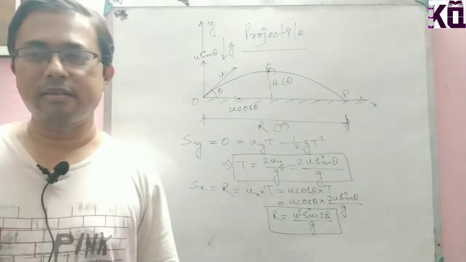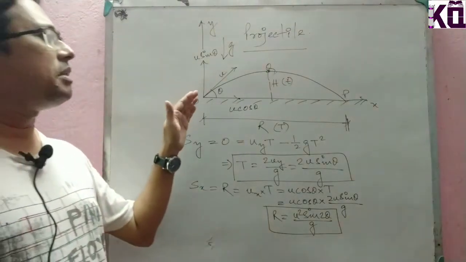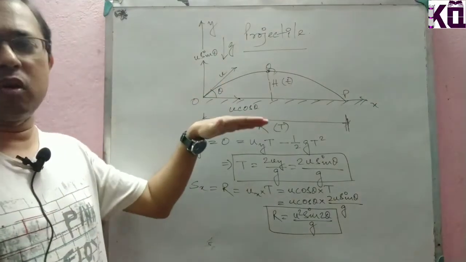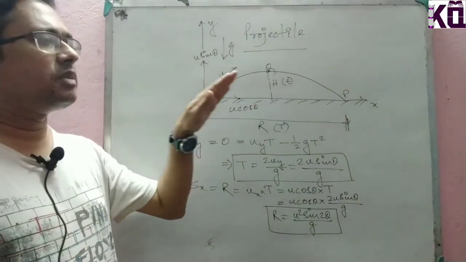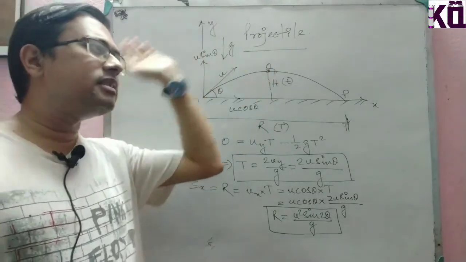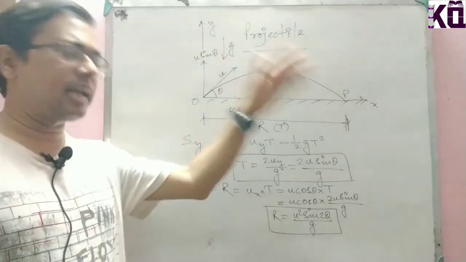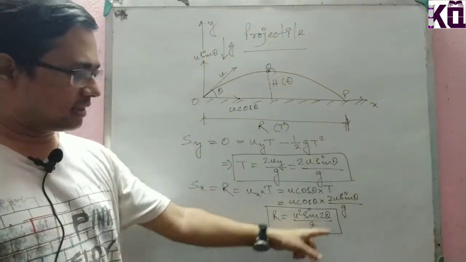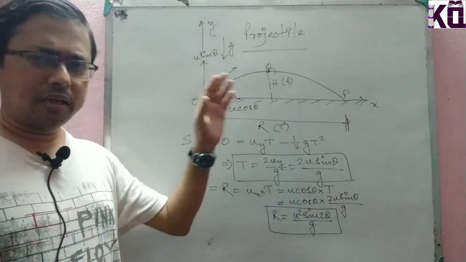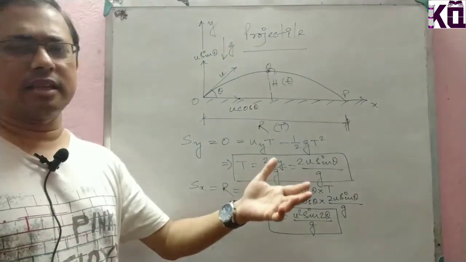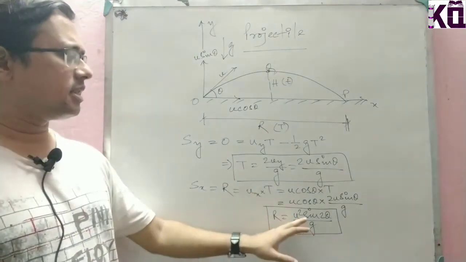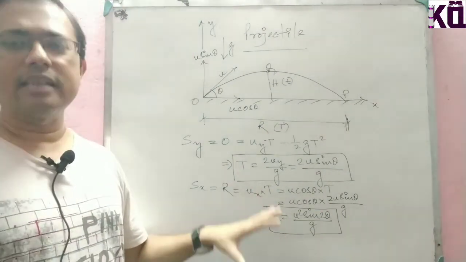That is the range. That means when an object, say a missile, is projected or tested with a velocity, with an angle with the ground, then after it is projected, the range of the projectile or the missile is calculated. This is the rough equation: u square sine 2 theta by g. There must be some other, more precise consideration regarding air resistance or something like that, but here roughly we can say that u square sine 2 theta by g is the range.